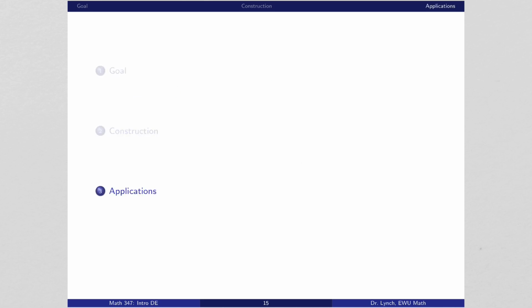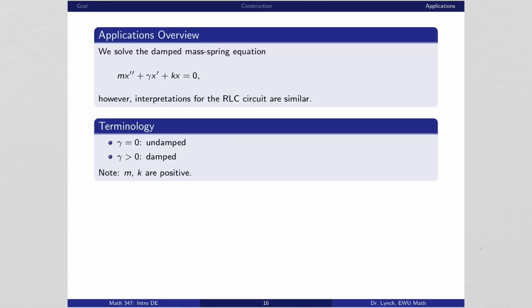In this video, we're going to have a look at some applications of these second order constant coefficient homogeneous differential equations, and we'll look both in the context of our familiar mass spring system as well as in the context of our RLC circuit. Okay, so to start off, let's have a look at the damped mass spring equation,